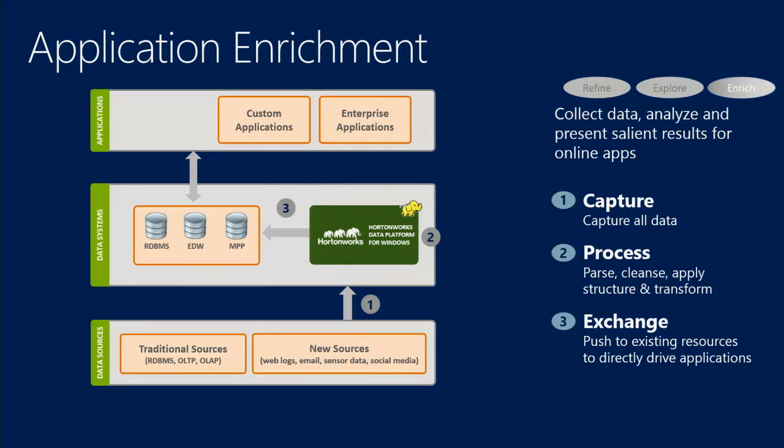And then the third one is application enrichment. So this is an example where I have models that I'm creating. If I go back to my favorite use case and favorite application, the marketing analytics application, what we were doing is taking historical sales and historical marketing information and using that to create a model to predict future success, future trends if I change my marketing spend. We did that on an aggregated level because we couldn't afford to create the models on a very granular level.